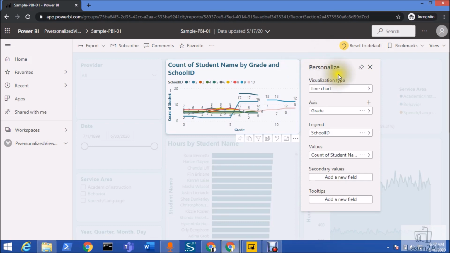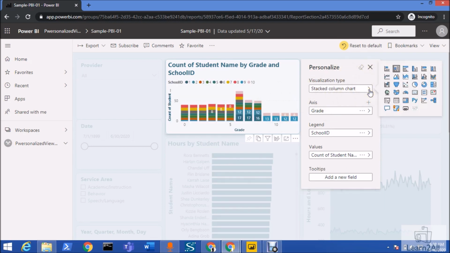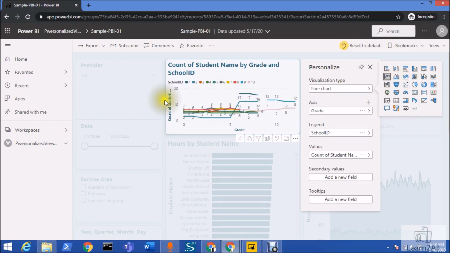Now let's say, for an example, if you want to reset, how can you do that? For that you just need to click on this icon. So this will revert everything from here. So once you click on that, it will convert this chart by default to this one, right? So now let me just revert this back again. Alright, so this is how we can personalize our visual based on your requirement, right?